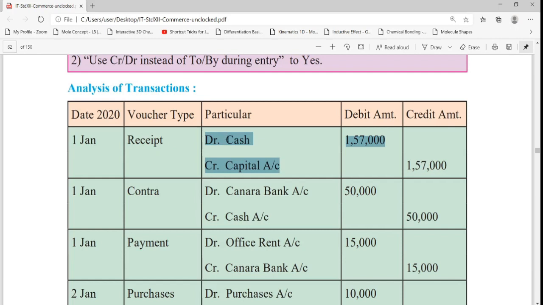I have told you in my earlier video that whenever cash is coming into the business from a supplier, or in the form of capital, or in the form of sale of assets, anything, that has to be treated as a receipt in Tally. So here also the business is being started with the capital, so the entry is under a receipt voucher.